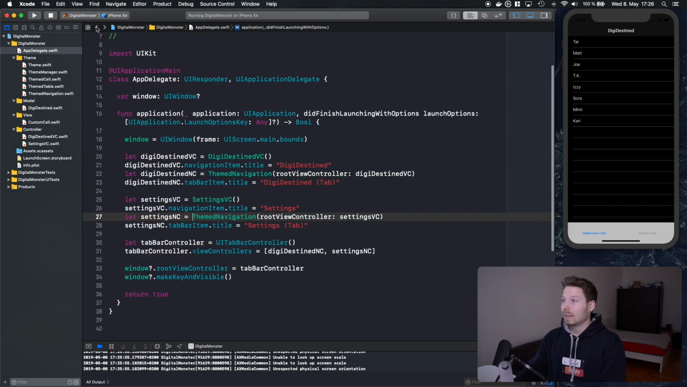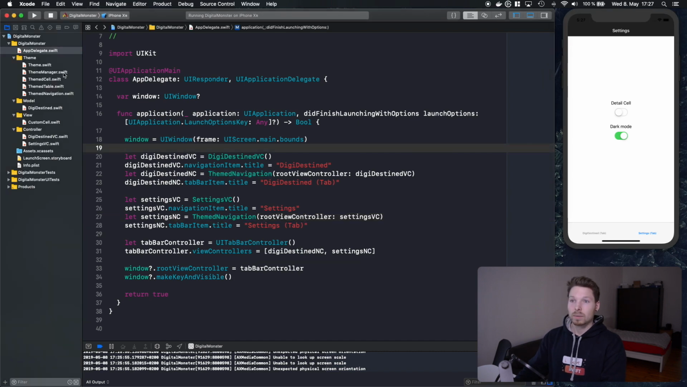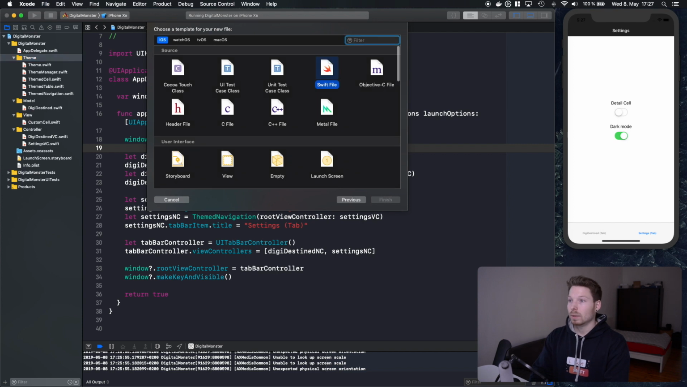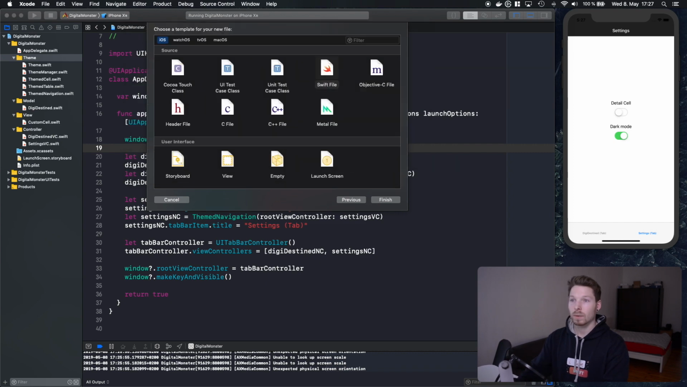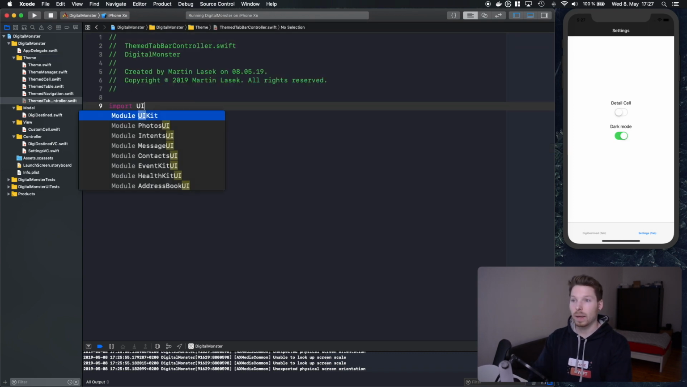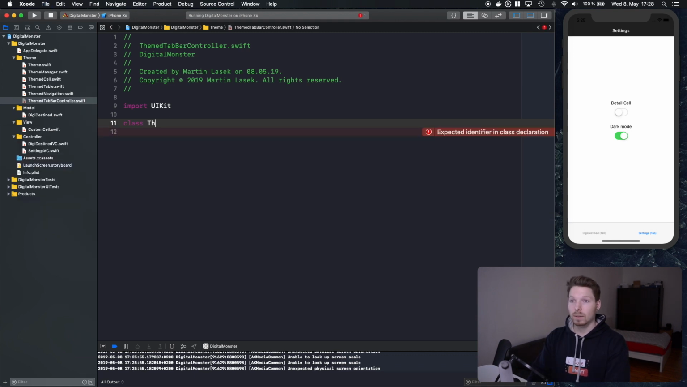So let's continue with, let's say, the tab bar. So we have the tab bar as well. This will say ThemedTabBarController. And in here, it's basically all the same over and over again. So it says ThemedTabBar